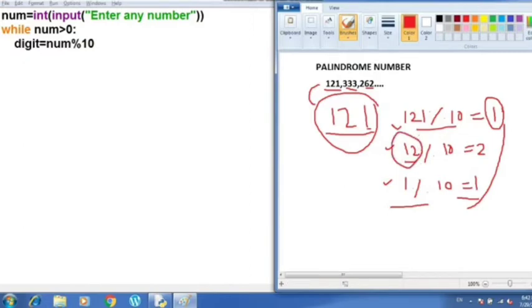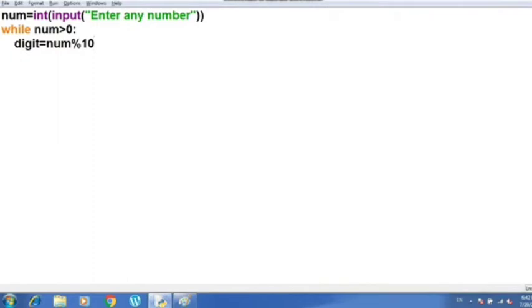So what I am going to do here is write num is equal to num floor division 10. Now why have I used the floor division operator here? Because this is also called the integer division operator. If I use the divide sign, it will also store a fractional part, and we don't need a fractional part here because I want to reverse a number. So I am using a floor division operator here, right? Let's see how it executes.